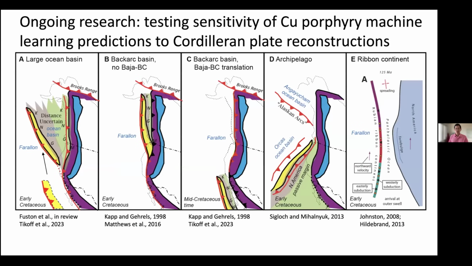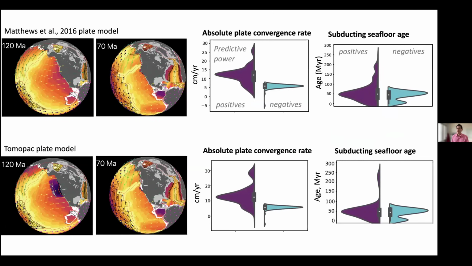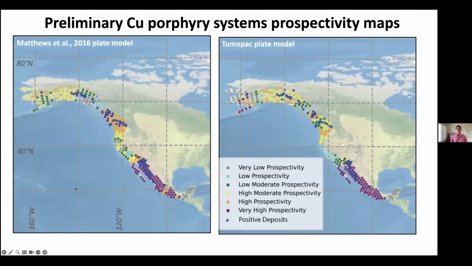And so I'm just going to fast forward and say that for the first time, as far as I'm aware, we've put two different plate tectonic models into this machine learning code to just try to see, could there be differences from the input plate model? And so here is a plate reconstruction that does not have terrane translations, and this is one that does have terrane translations. And when we put this into the porphyry copper